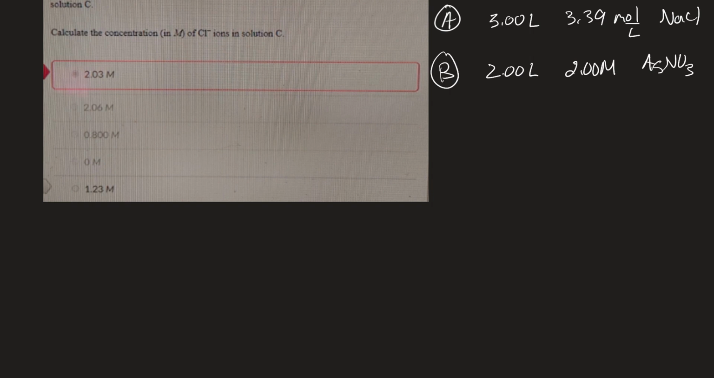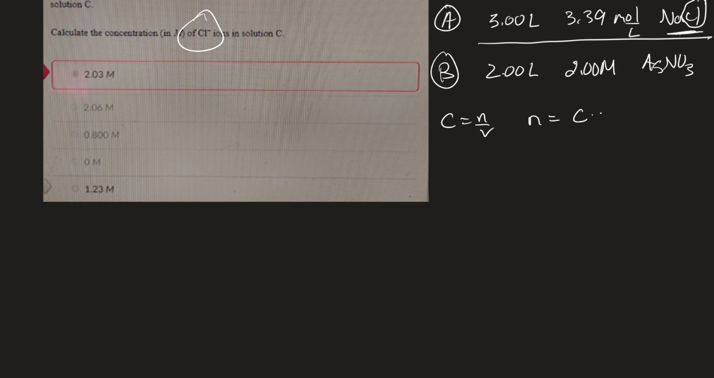Okay, and they want how many chloride ions are in the solution. So the chloride ions can only come from solution A, right? So when they mix this with the silver nitrate, the only thing we're really worried about are the chloride ions. So I need to find how much chloride ions I have in the solution, or how many. And I can figure out moles of sodium chloride using this formula, which I'll rewrite to